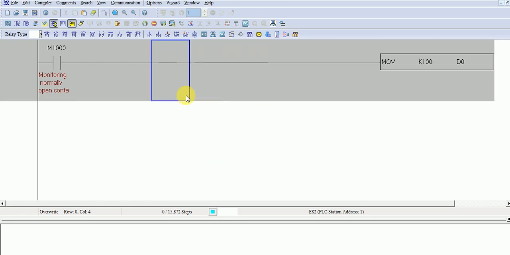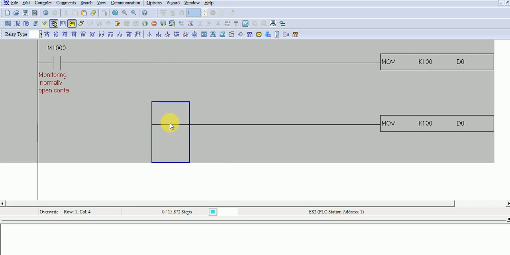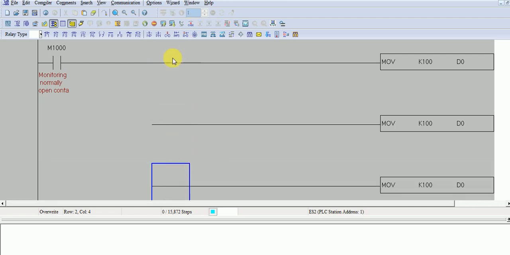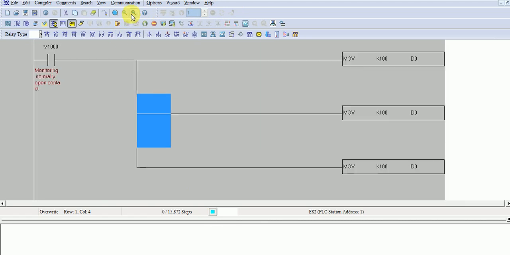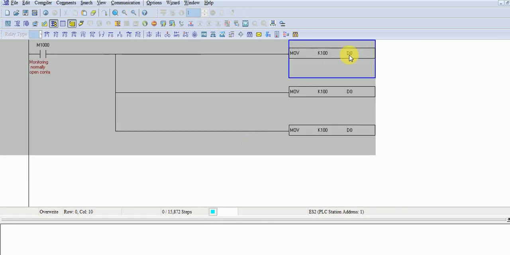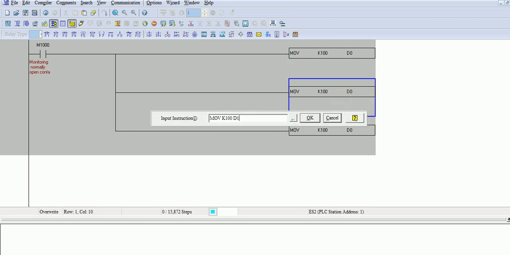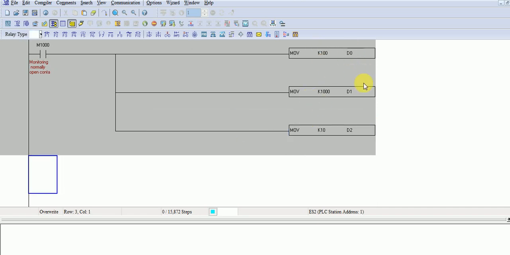I copy it because I want to save time in this video, and use the vertical command for attaching. I take three data registers: D0, D1 with the value 1000, and D2 with the value K10.